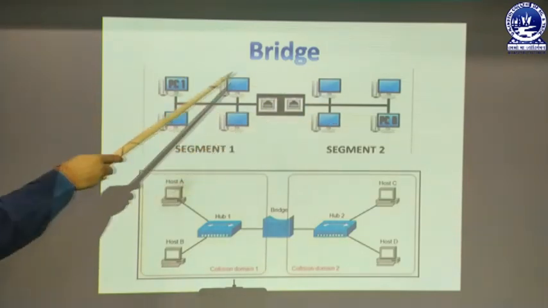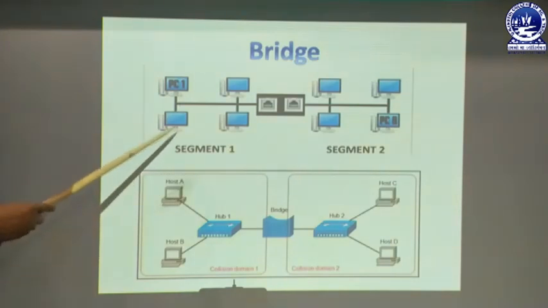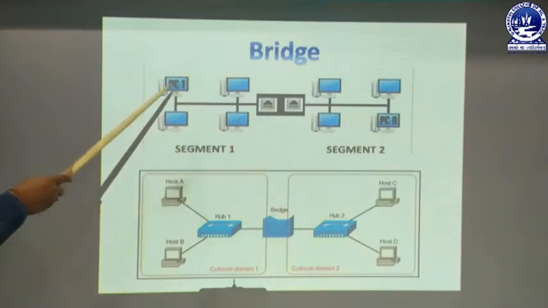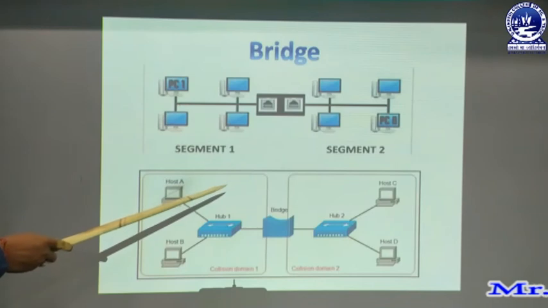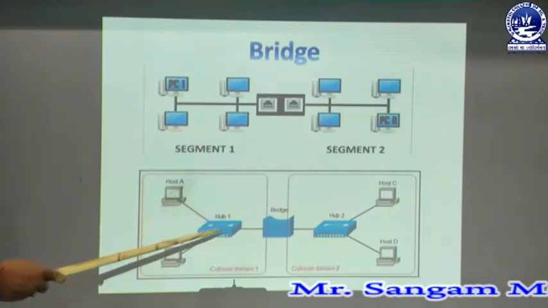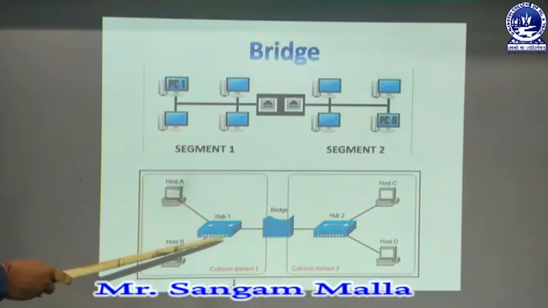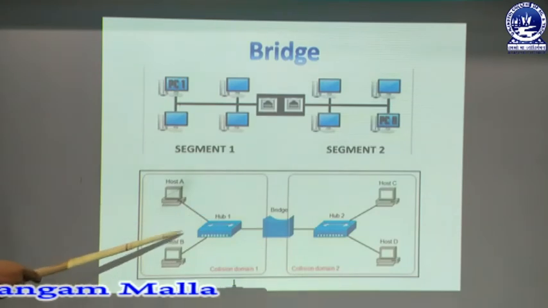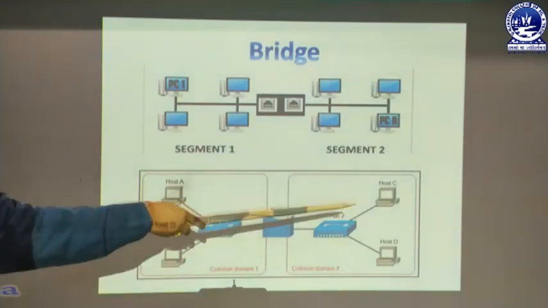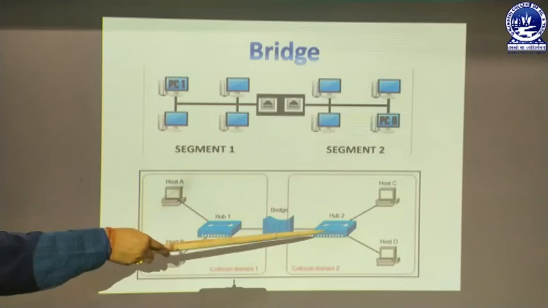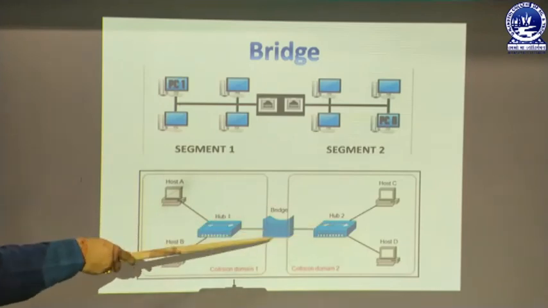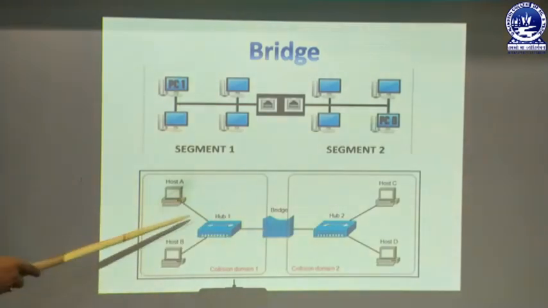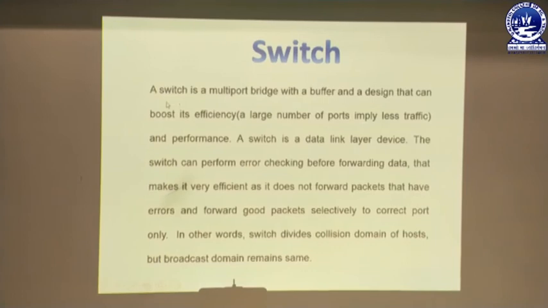So in this way the bridge helps to connect more than one LAN with each other to share information and resources. That means if we have an internet connection in one LAN, then it can also be shared to another LAN in another building or another floor of the building through the bridge. So in this way we can take the help of a bridge to connect more than 2 LANs. Now moving on to the next part, that is your switch.